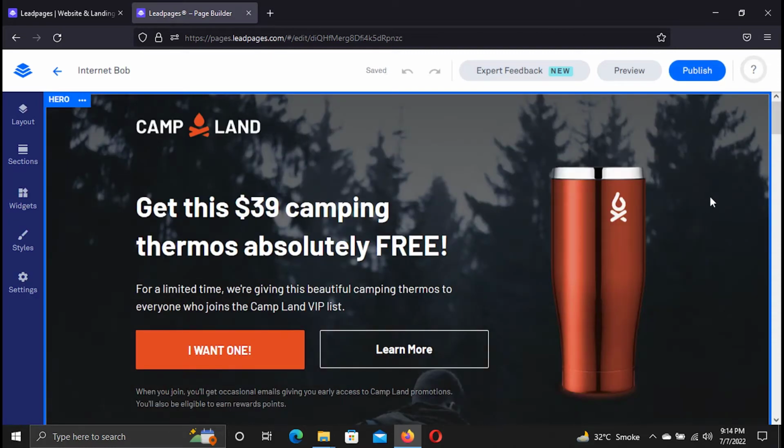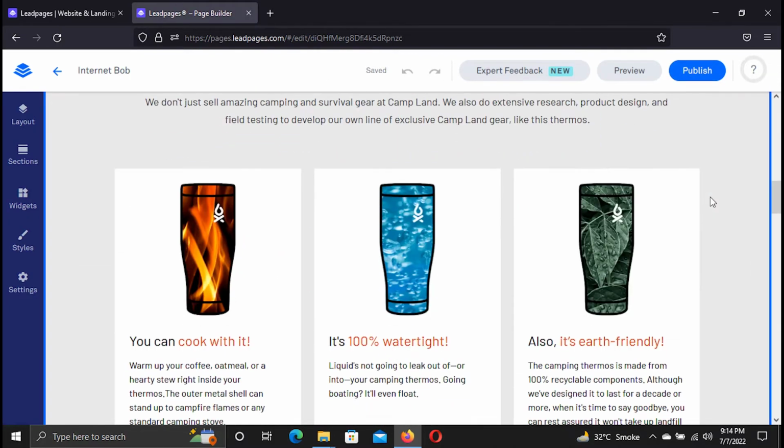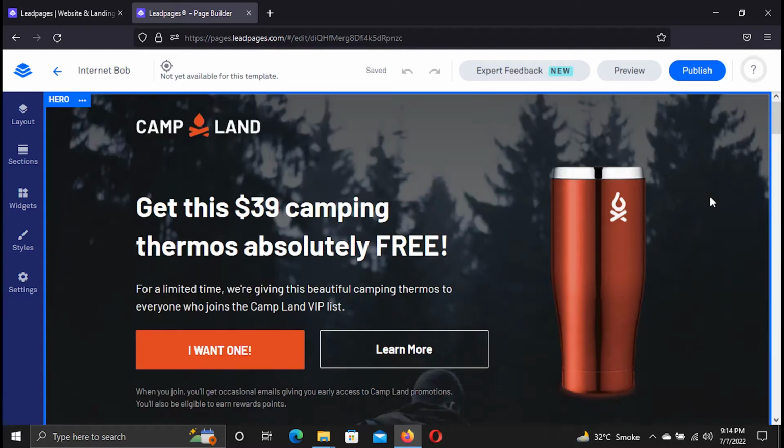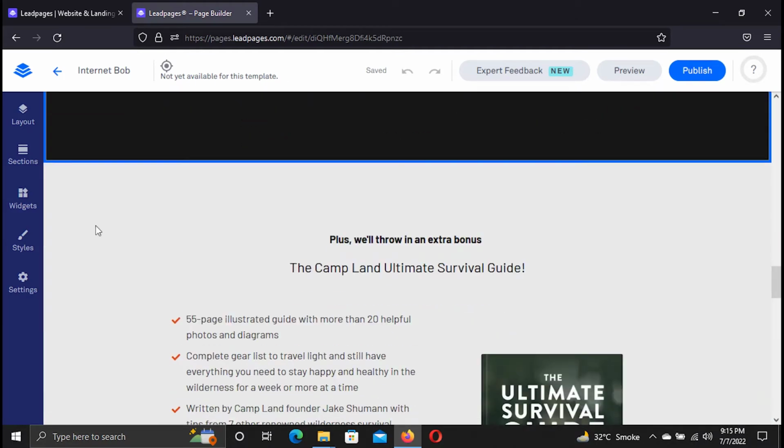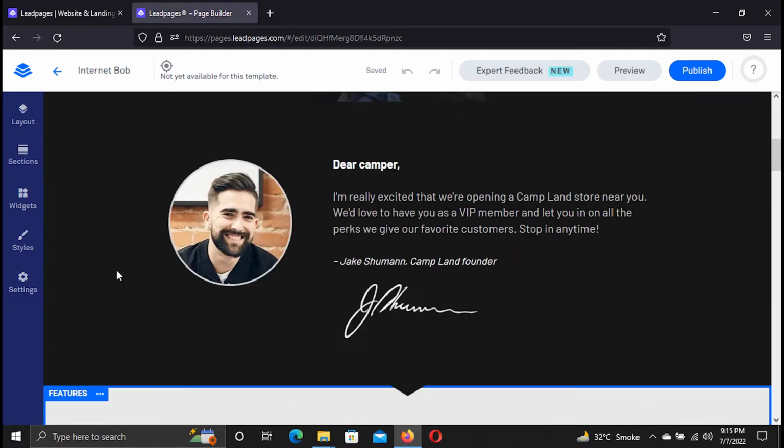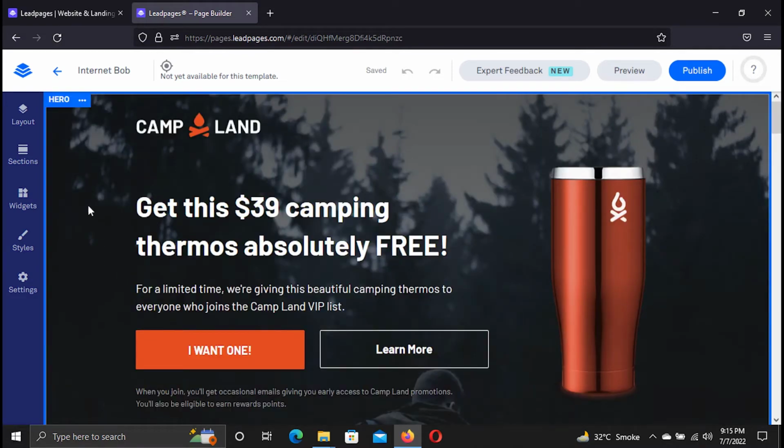LeadPages drag and drop builder allows you to make changes very easily. So let's start by understanding some basics which will help us in designing a beautiful landing page according to our needs. After setting up the page name, it will redirect you towards the LeadPages editor,